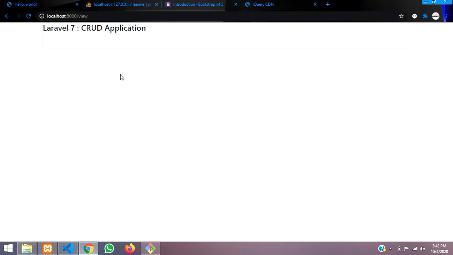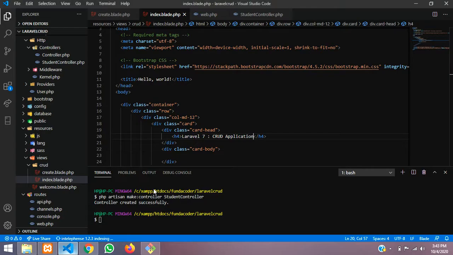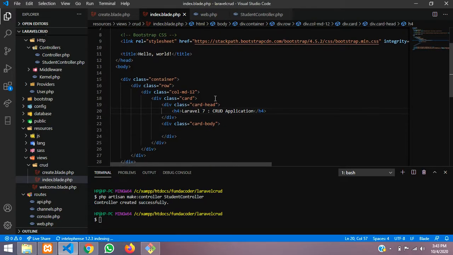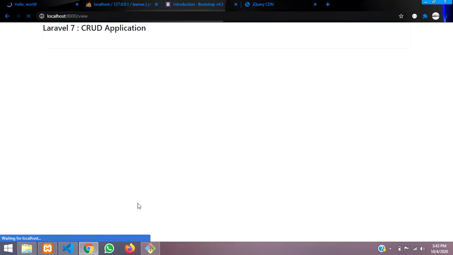So now, yes guys, the card header you have to call. One more thing was missing over there. Let me just align this. It's reloading.